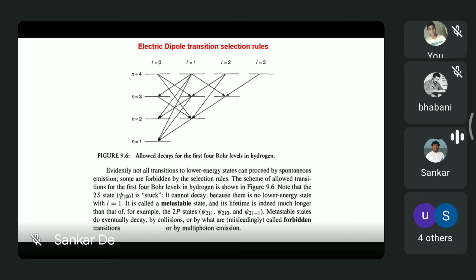So this is a dipole transition that you have. We know that there is one metastable state, since delta L is equal to plus minus 1. Therefore n equal to 2s cannot decay down to 1s. This kind of state where you do not have a transition rule to support you is usually called forbidden. But the forbidden states can actually decay down by collisions or multiphoton emission, or other kinds of interactions, but not directly through dipole transition, dipole selection rules.